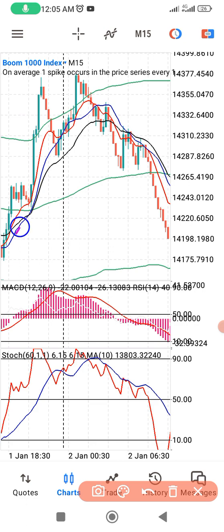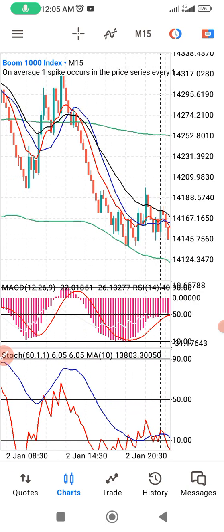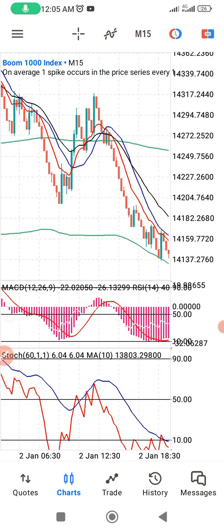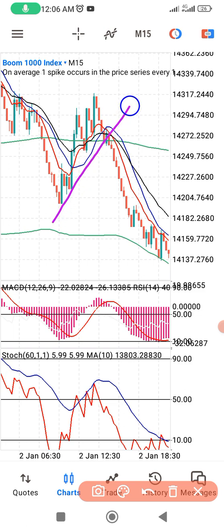In some instances, we draw our trend line across, and we wait for price to break it, and then we take our move towards the downside. Then another trick is that we look out for a chart pattern. Okay, here is a bearish